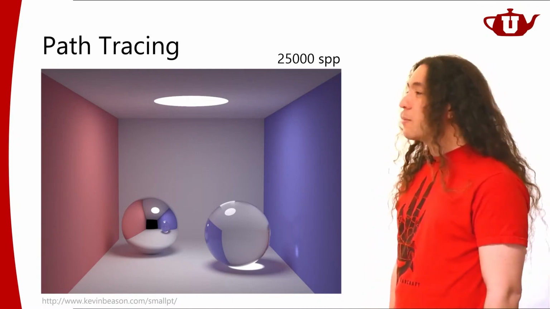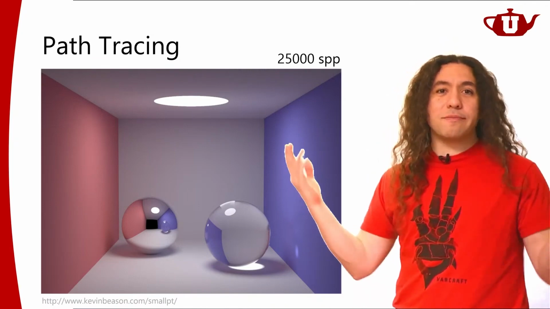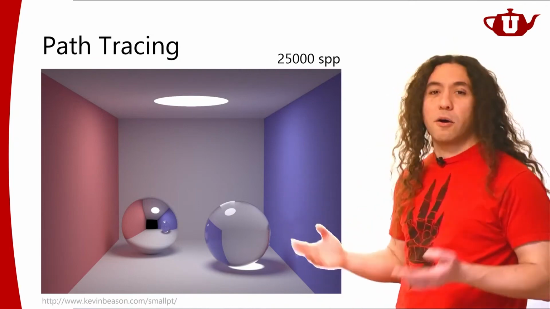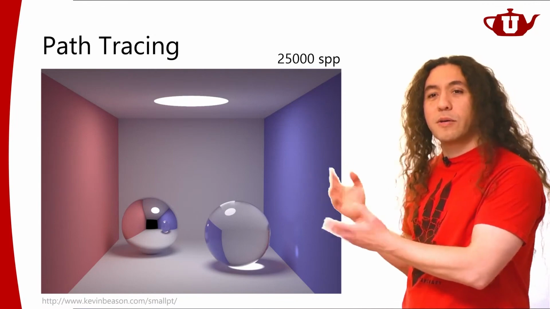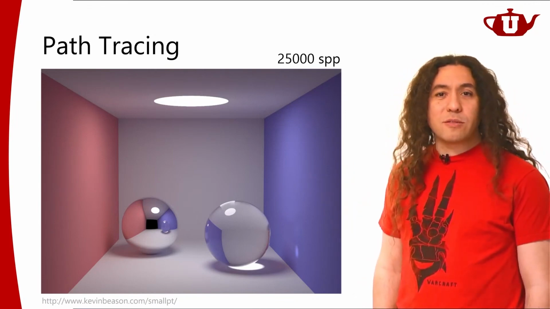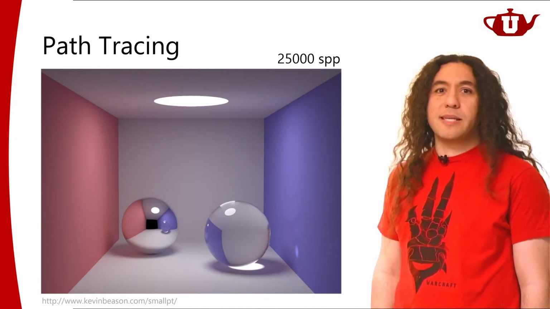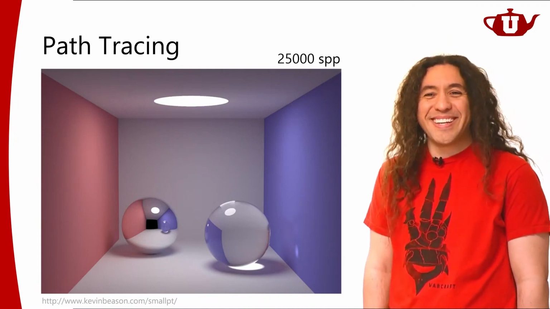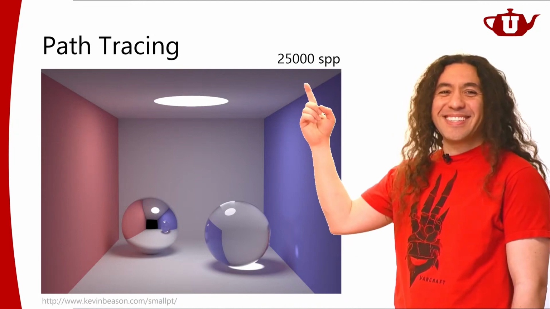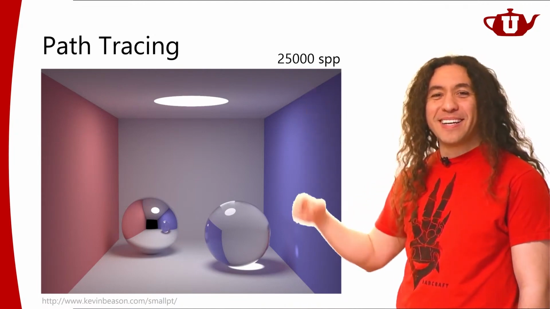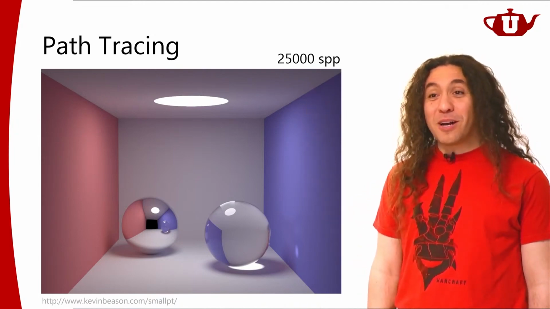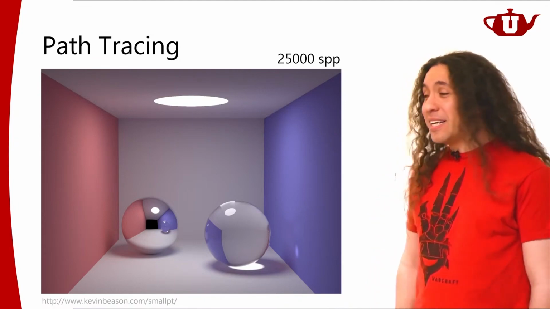With offline rendering, we could get away with it because, say, you have 1 hour to produce this image, so maybe that's okay. Maybe you can afford it. But with real-time rendering, I have, what, about 15 milliseconds? I can't do that. There's absolutely no way. So what are we going to do? Well, here's what we're going to do.